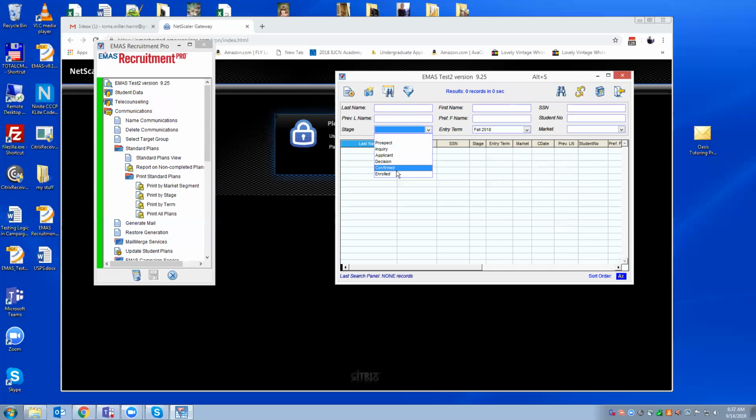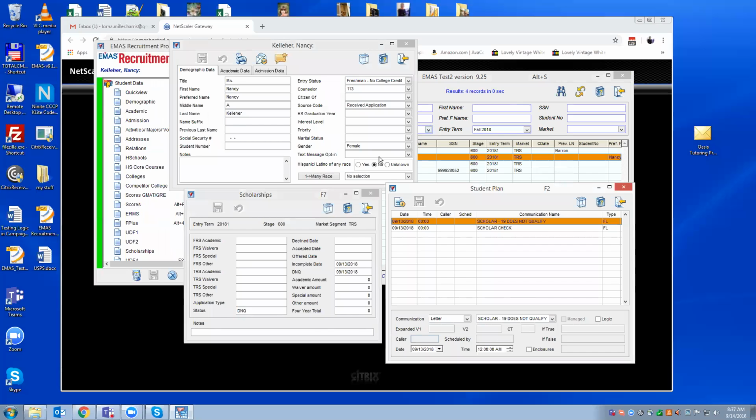So I'm going to come in here and make sure that I really have updated my students accordingly. Now I have a really small database, so this won't reflect what you're going to see in yours. But maybe you come in here and look for stage 600 students and you don't have any. So that gives you a heads up that you need to update the stage history for those students.